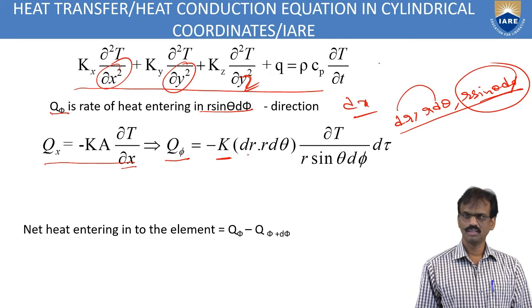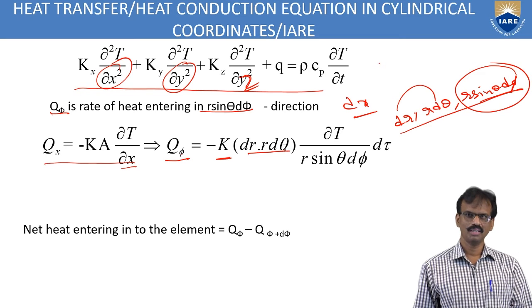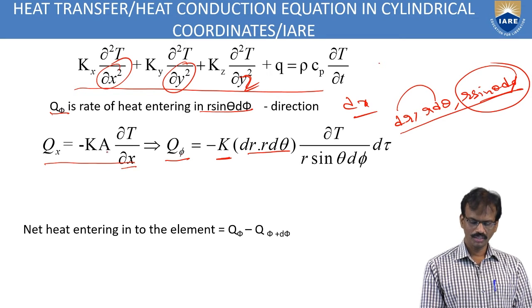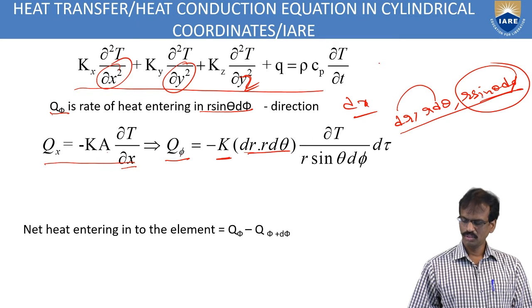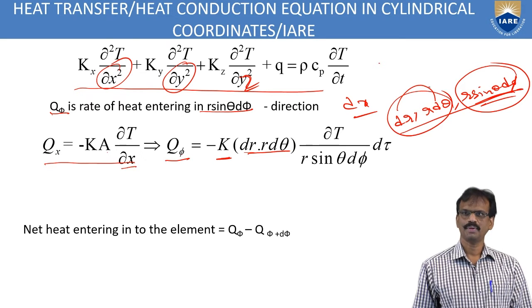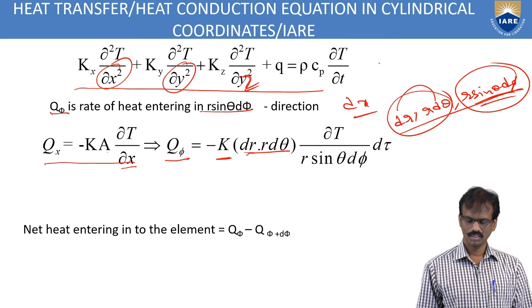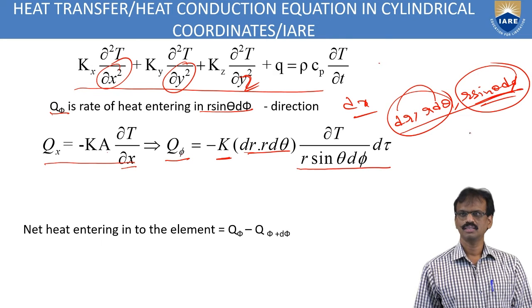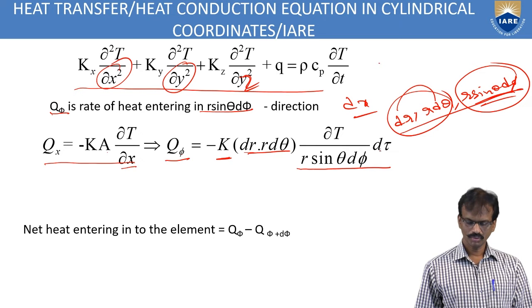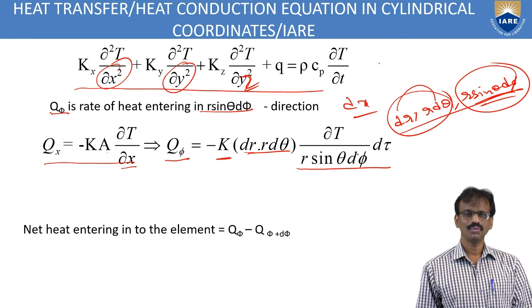two parameters for the area. So similarly, here area is equal to dy into dz. Similarly, here area is equal to, take the other two parameters, dr into r d theta, just like k into area, is equal to dr into r d theta into dou T by dou x. It means x means this surface. So with respect to this one and r sin theta d pi into dou T by dou x. Okay.